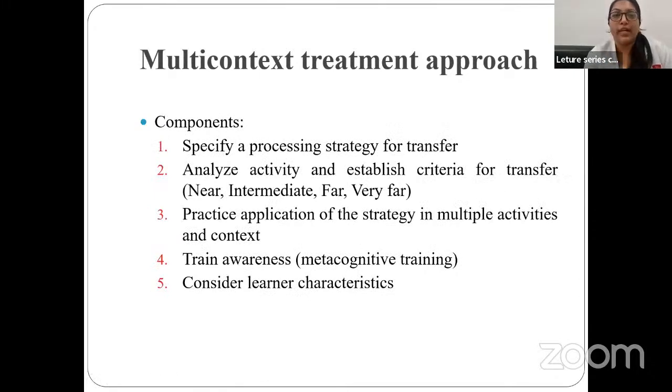Now, components of multi-context treatment approach, how we will apply this multi-context treatment approach clinically. So the first part is specifying a processing strategy for transfer. Now, what could be the processing strategy? For example, if I want to teach someone sorting and categorization, how will I proceed using the multi-context treatment approach? The first part is specifying a processing strategy for